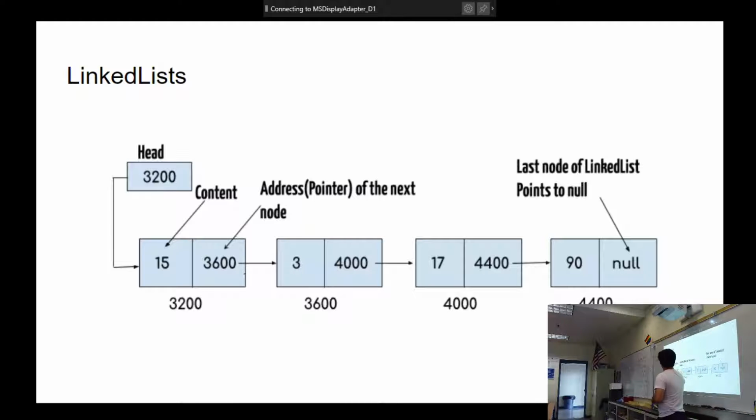So you have these locations and you can kind of access these things. One question I have for you guys is, how would I insert a value here? What if I said I have a new node, and its location is 4800, because we just created it. It's right after this guy. How would I insert this node right in between these two guys right here?